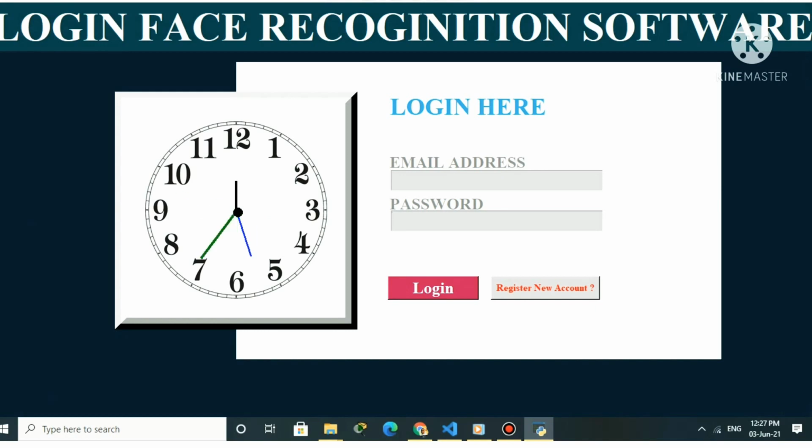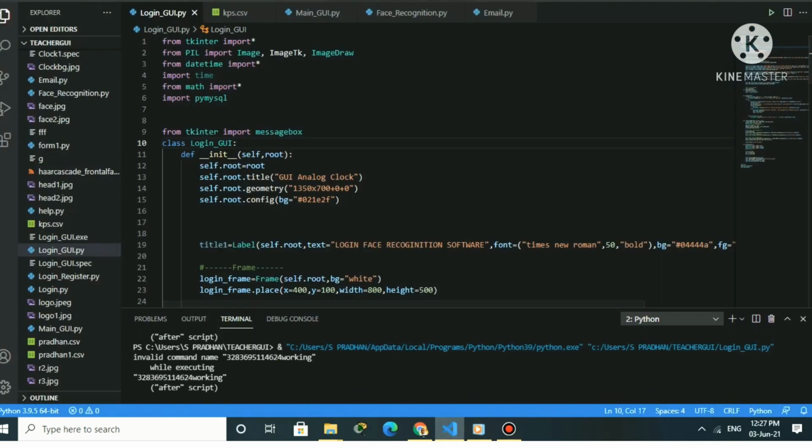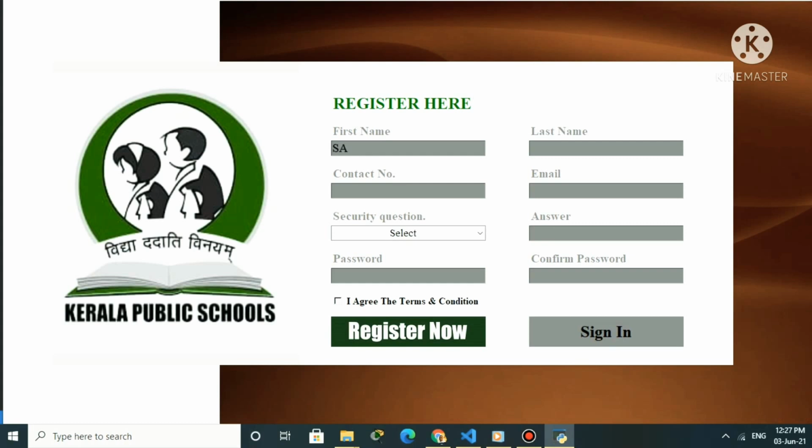Once you click on register new account, one dialog box will appear. There you have to fill a registration form like first name, last name, contact number, email address. Here you have to select security questions like your first pet name or birthplace.